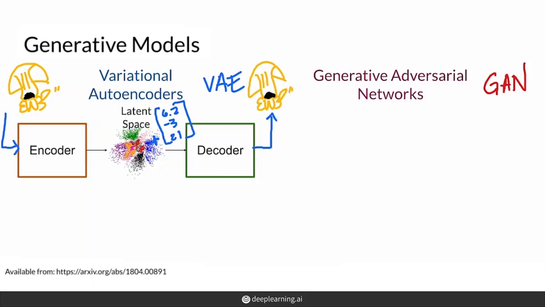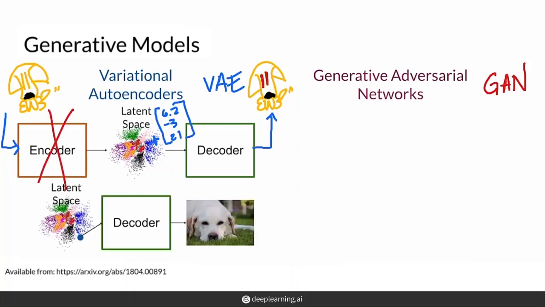So that's assuming the decoder has already been trained to be pretty good. But in the beginning, the decoder won't be able to reconstruct the image, and maybe the dog produced will have evil eyes. Now, after training, we actually lop off the encoder, and we can pick random points in the latent space, such as here, and the decoder